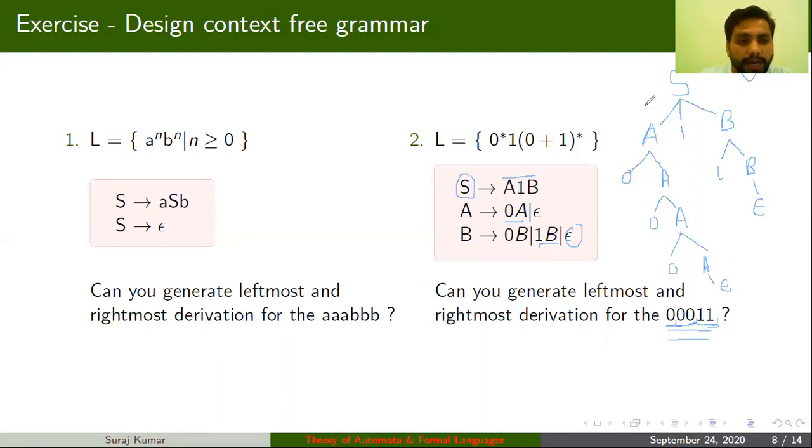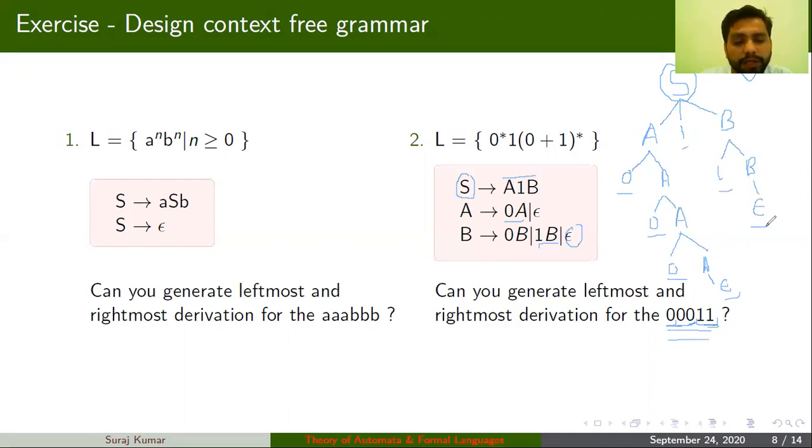Okay, so if you analyze this parse tree, you can see that the root is your starting variable. So your root will always be your starting variable. All your variables will be present at the interior node positions, and your constants or terminals will stay at the leaves position. So this is leaf, this is leaf, this is leaf, this is leaf, leaf, leaf, and the leaf.